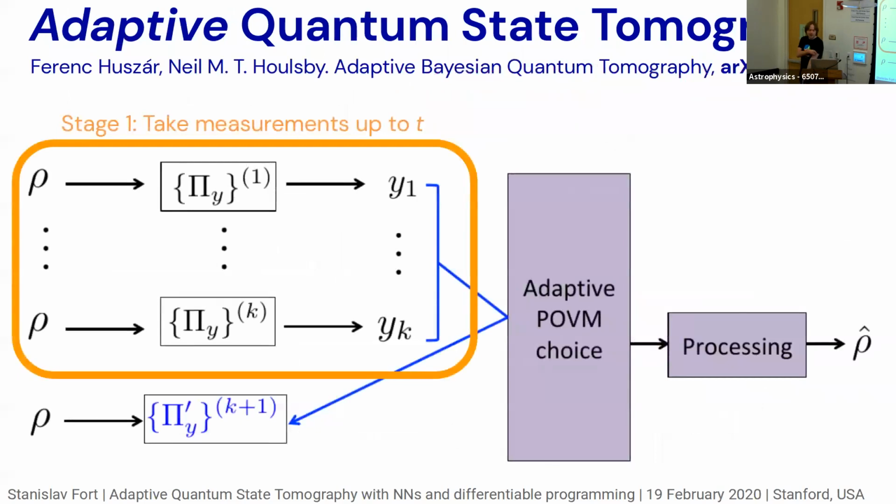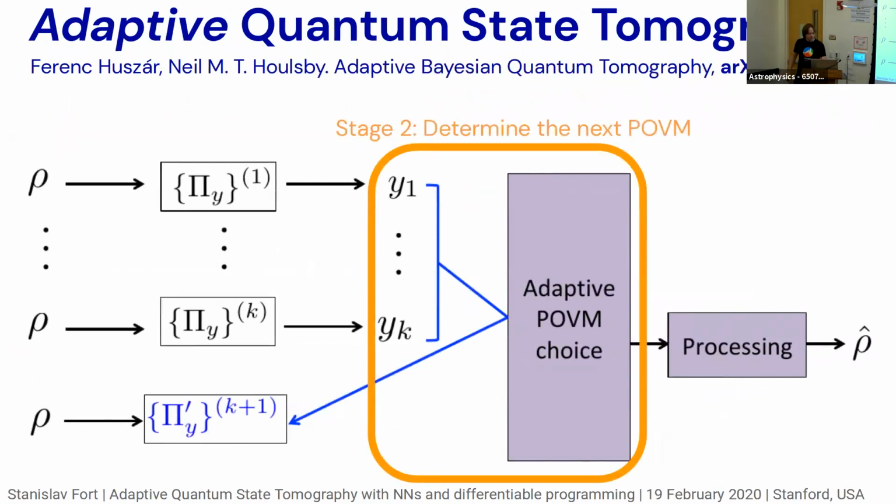There's a cool paper called Adaptive Quantum State Tomography by Huszár and Houlsby from 2011. It's a good paper, and in that paper they propose a method that uses a kind of staged approach. So they make n measurements, and based on the measurements they design the next measurement in the n+1 step. On a rolling basis, they can process the data so far, determine the POVM, and then produce the best guess so far. It's a rolling basis algorithm.